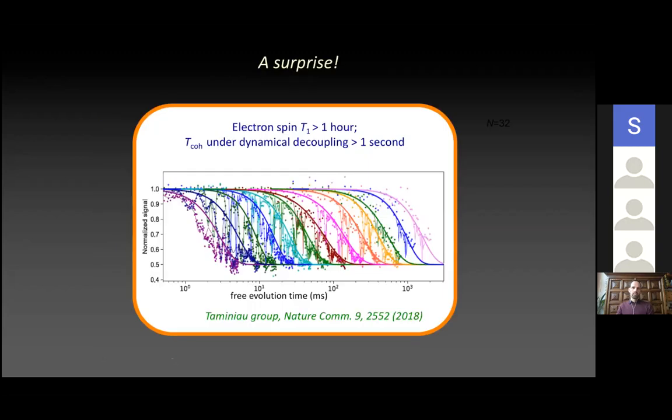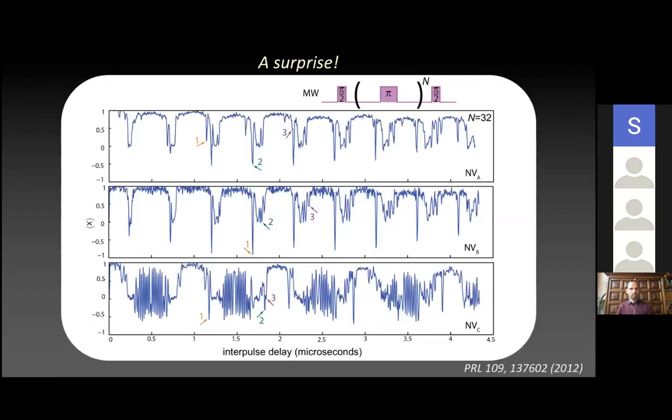Now, I would like to dive a little bit deeper, because you see all these fit lines, these solid lines. These are fits to simple exponential cubed decays, as expected for a fluctuating spin bath. And you see that the envelope nicely shifts to the right, showing this enhanced coherence. But it turns out that if we zoom in on one of these lines and look a bit more carefully, there's actually a surprise.